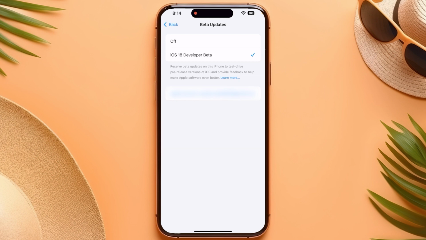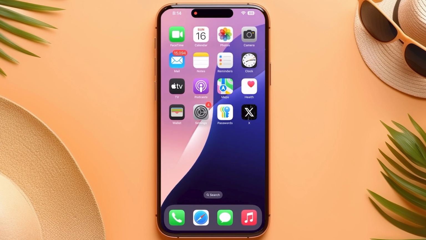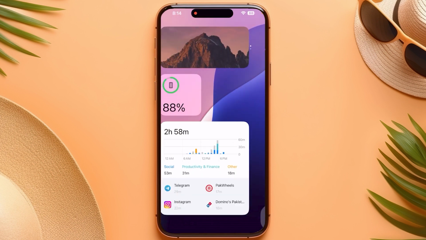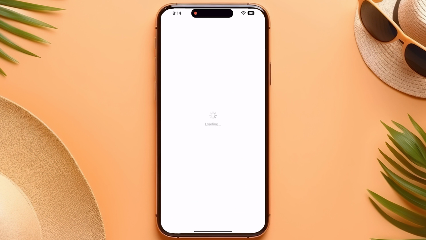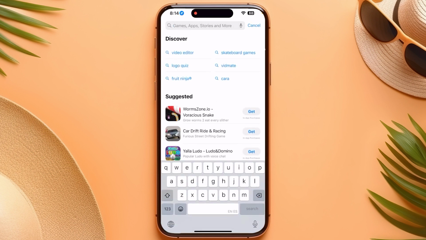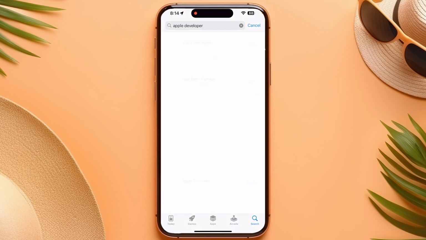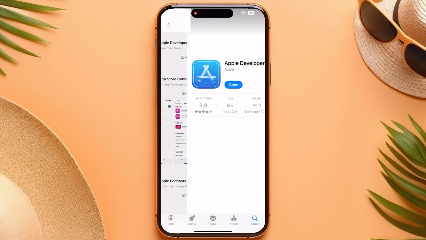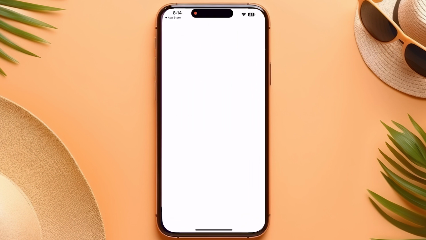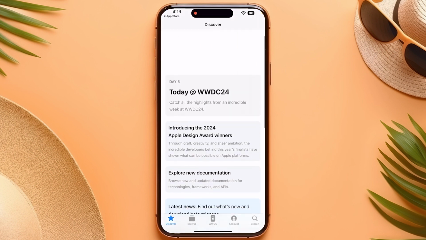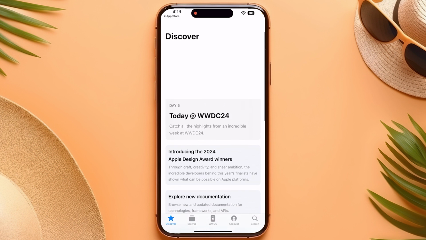And after that, to fix the applications, you have to go into your App Store. Now from here you have to go to Search and click on the search bar, and here you have to search for Apple Developer. Now this is the new application that Apple gives you, and here you have to simply open this application and add your account. And after that, you are able to fix all of your